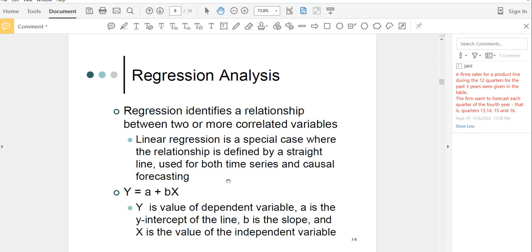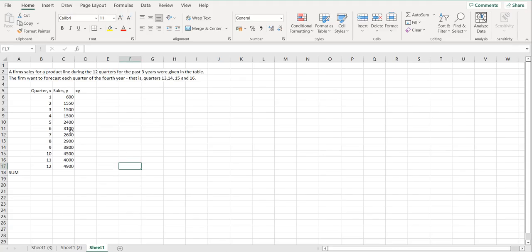In chapter 11, I taught you regression analysis, and now I will show you an example of how to use it for this problem. A firm's sales for a product line during the 12 quarters of the past 3 years were given in the table below, which is this one. The firm wants to forecast each quarter of the fourth year, that is quarters 13, 14, 15 and